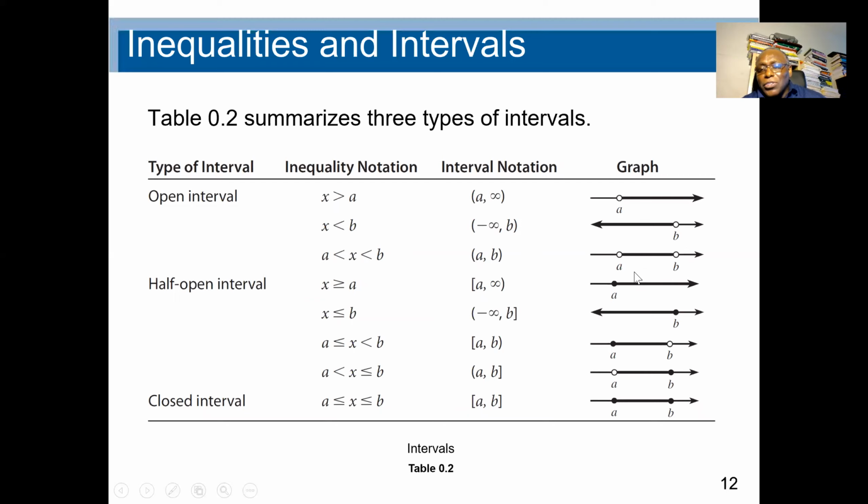And we use the graph symbol for open: when we have a dot with an O, it means it's open. We can see the closed: a here means greater than or equal, so a is closed, and the arrow goes to infinity. Now, if it's between, we can see here a closed, dark point,